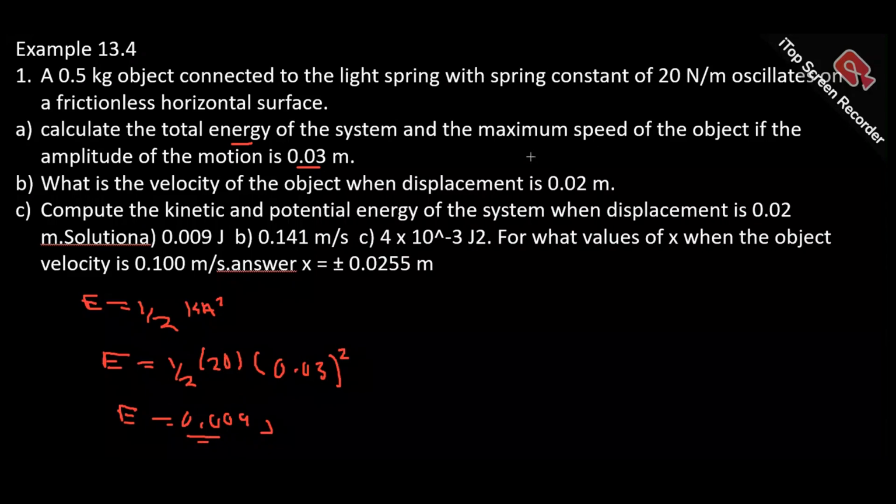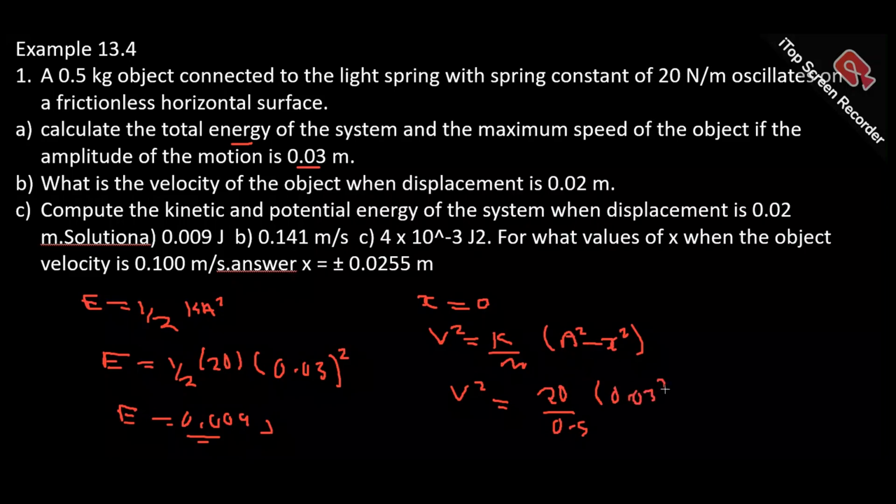Again, the question is asking us to find the maximum speed. Remember, we said the maximum speed is at x equal to what? 0. And velocity, as we talked about, is given by this expression. And we know that x is equal to 0. So just substitute the values again. This is 20. What about the mass? 0.5, multiplied by the amplitude. This is 0. What are we going to